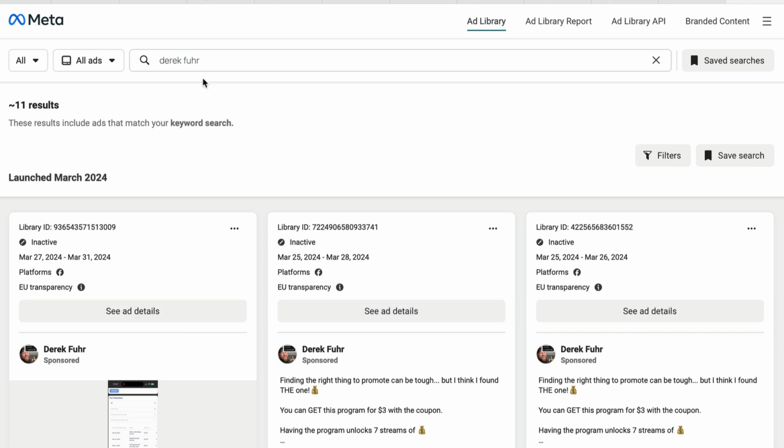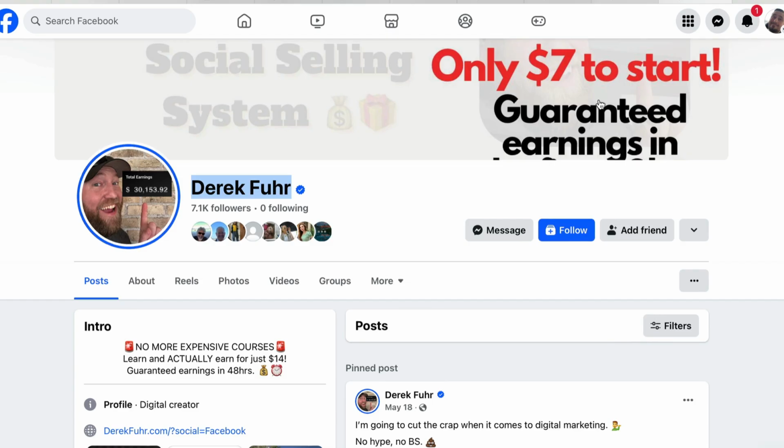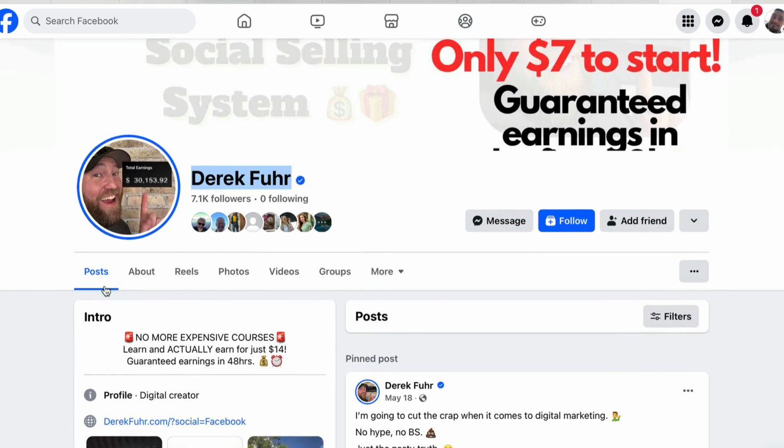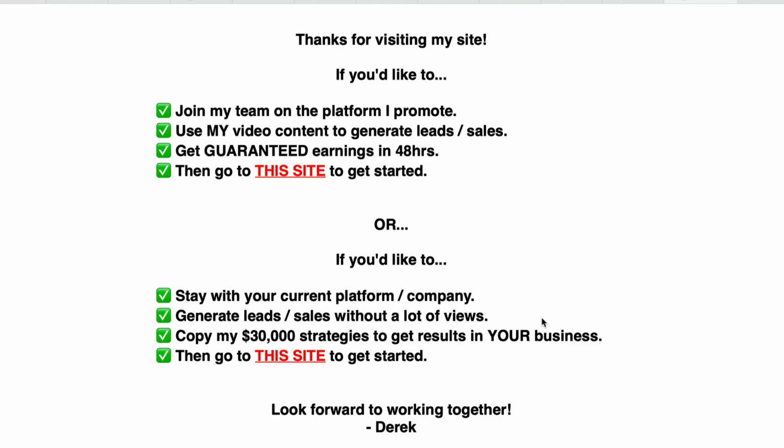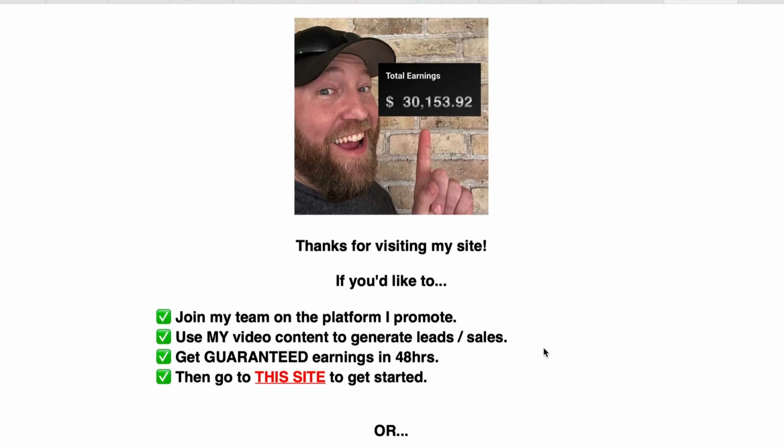Now, you might search for someone or a company in the ads library and get no results, and that is because the ads library doesn't contain all ads. But thankfully we can check to see if ads are being run or used for pretty much any website. Take a look at this. So if we go back to someone's profile, here we've got their website. We can click on that, and then if we go to view source